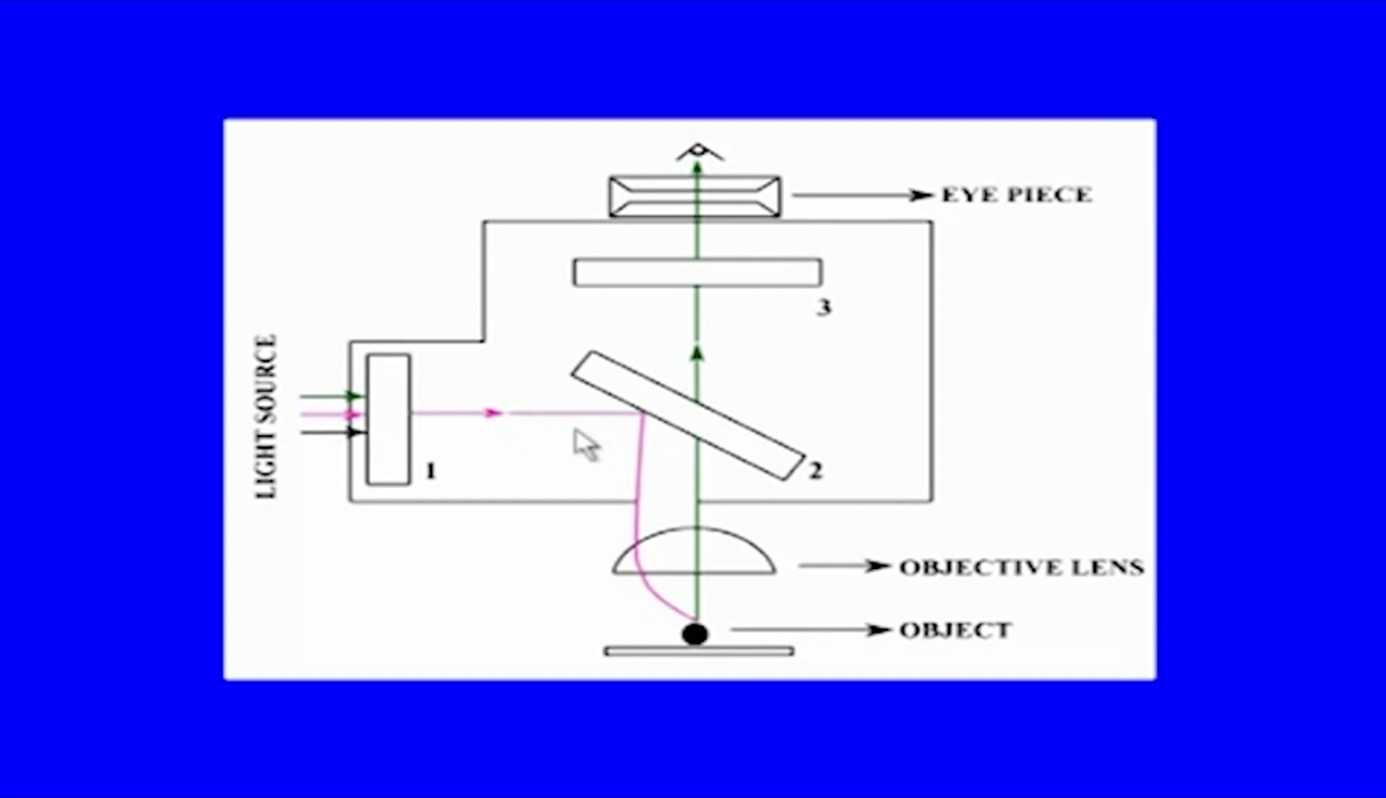Now, number 2 is a beam splitter or dichroic mirror, which is a beam splitting mirror that reflects light below 510 nanometer, but allows light above 510 nanometer to go through. So, the light is reflected and focused onto the object through the objective lens, and this could be the condenser as well as the objective. As it is focused onto the object, the object is excited